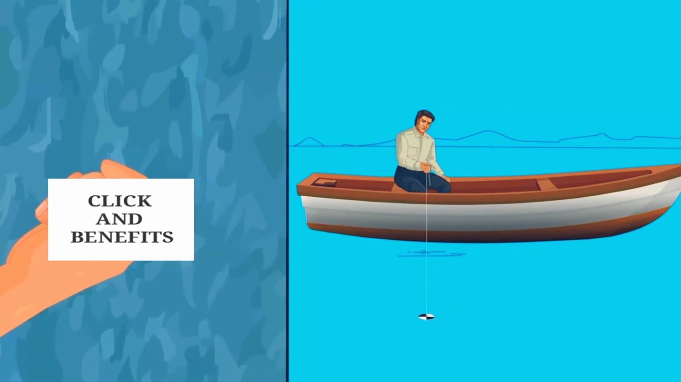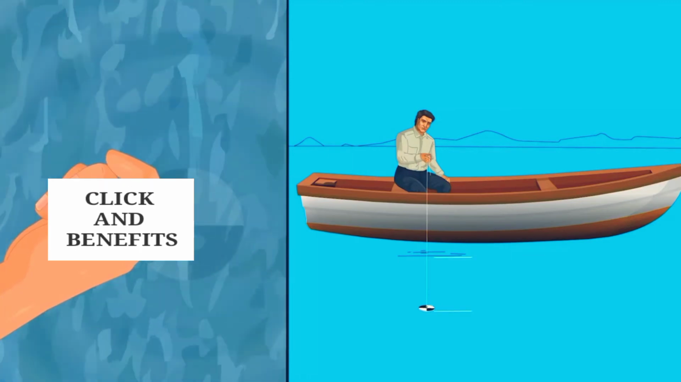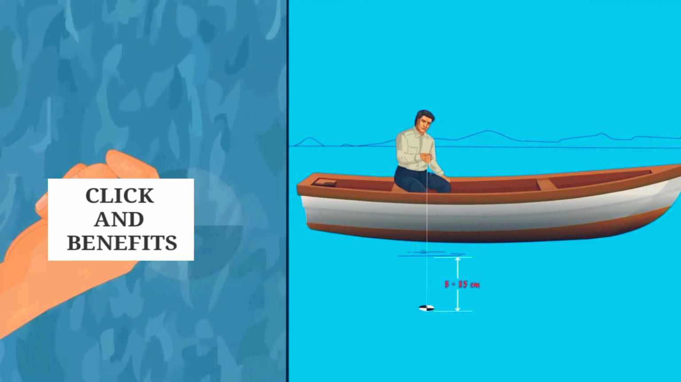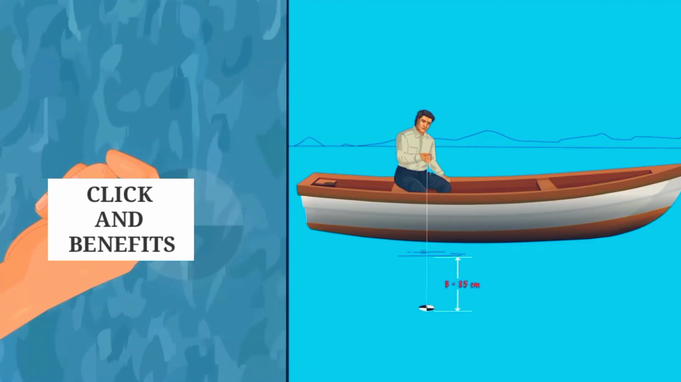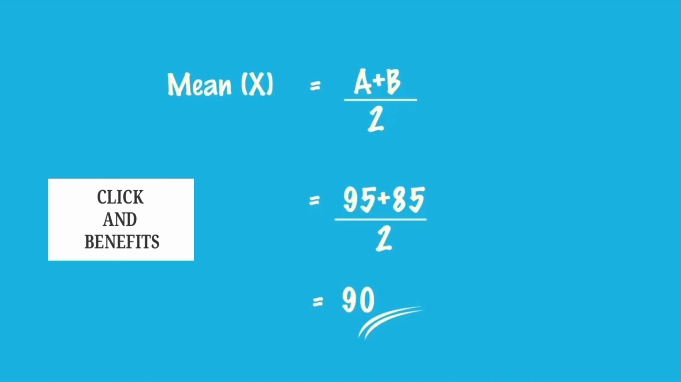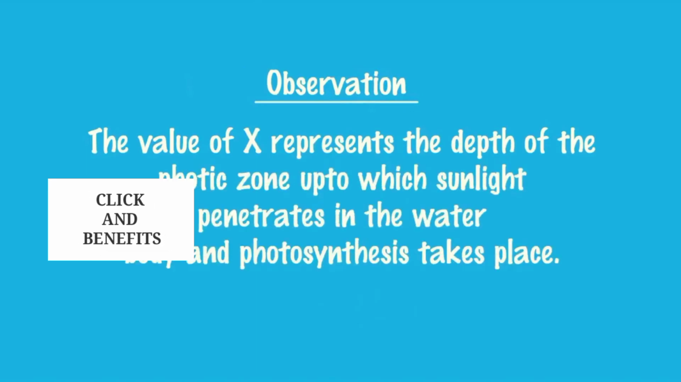Slowly pull up the disc till the black and white segments of the disc just reappear. Length of the rope where it just reappears, say B, is equal to 85 centimeters. Find out the mean length, say X centimeters, of the rope. X is equal to (A plus B) by 2, that is (95 plus 85) by 2 is equal to 90 centimeters. The value of X represents the depth of the photic zone up to which sunlight penetrates in the water body